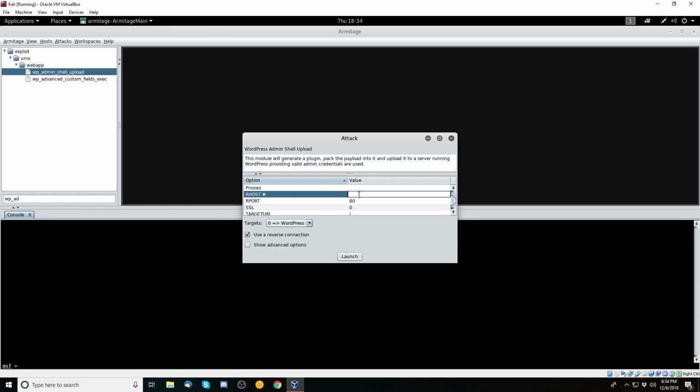It's not a huge deal. There we go. The port is still 80, SSL is off. And we're going to go for WordPress. Looks good. We'll go ahead and just do that, just in case it doesn't love me. There is no vhost. The RHOST is actually the IP address. The vhost is going to be the actual server name, so you can translate the server name, or the website name, into an IP address, and it'll use the vhost as well. So I'm going to launch that